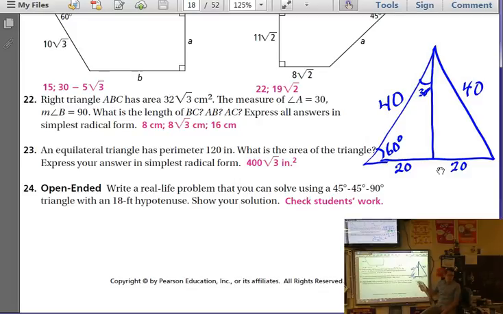This is also a great rationale for why the hypotenuse is twice your short side. Because if you set it up in an equilateral triangle to get to your 30, 60, 90, it has to be. You could write a proof and explain that pretty easily. So we then know that the height, because it's the 30 degree,